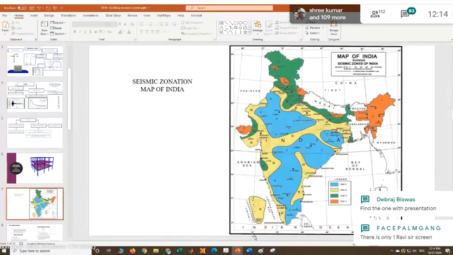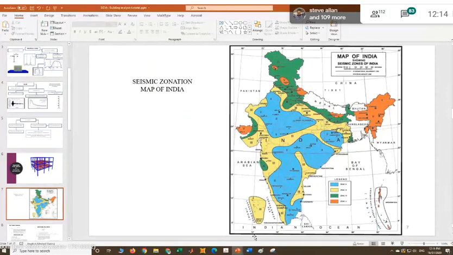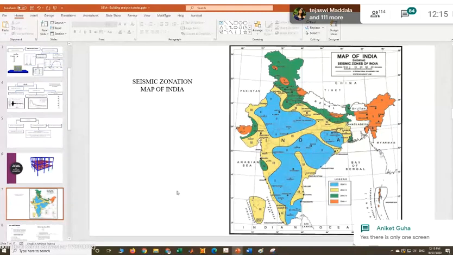So this is a zonation map of India. You can see there are 4 colors: zone 2, 3, 4, and 5. So the most extreme region is zone 5, where we'll expect the maximum earthquake forces. We are in zone 4 in Siliguri, and zone 4 is also extreme in nature. The major earthquakes are expected in Bhuj of Gujarat, and you can see this region is also given as zone